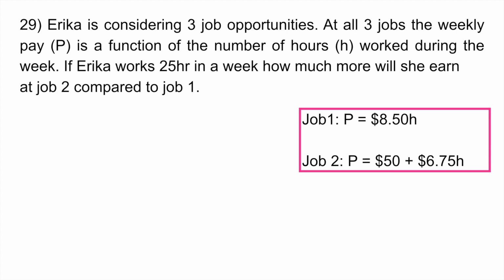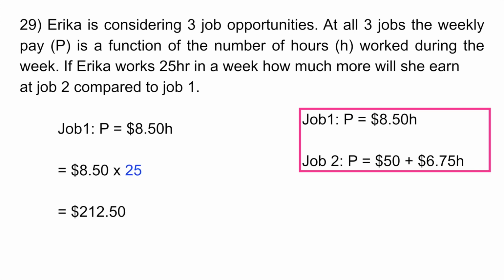Okay, so the first thing is ignore job 3, because they're not asking you about it and it's confusing. So we're only going to focus on these 2. In job 1, they tell us that she's going to earn $8.50 multiplied by the number of hours that she works. In the question, remember, they told us that she's going to work 25 hours in a week. So all you do is multiply that $8.50 an hour times 25 hours. That gives you